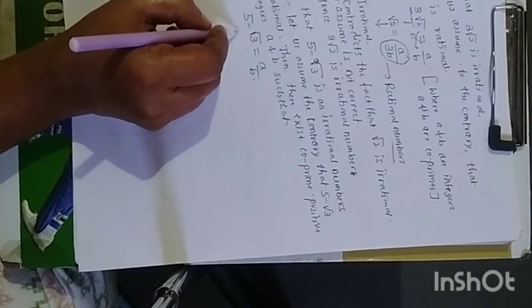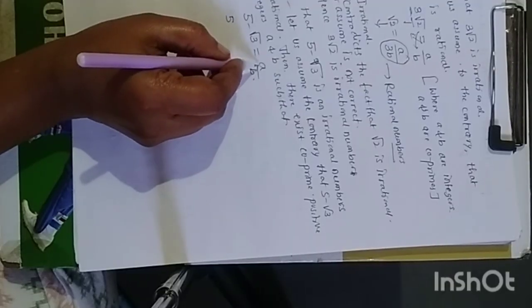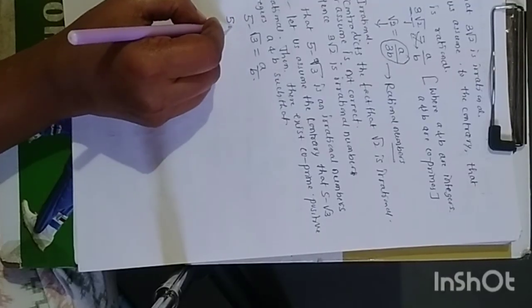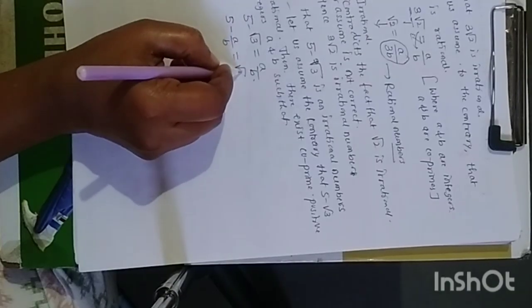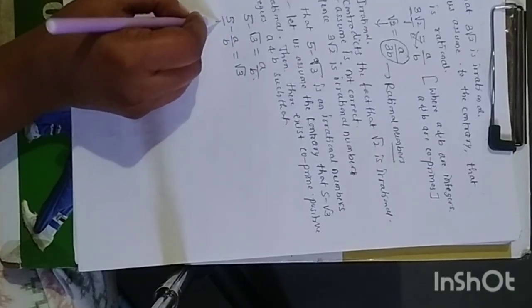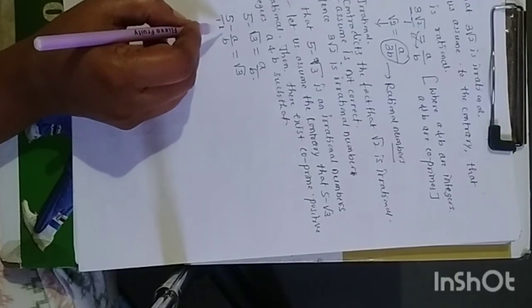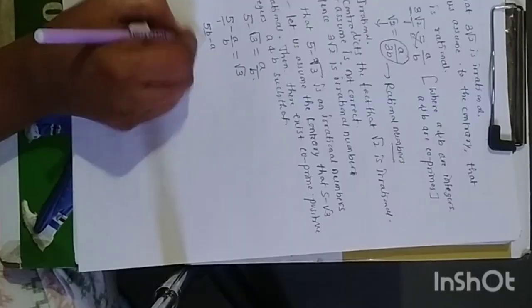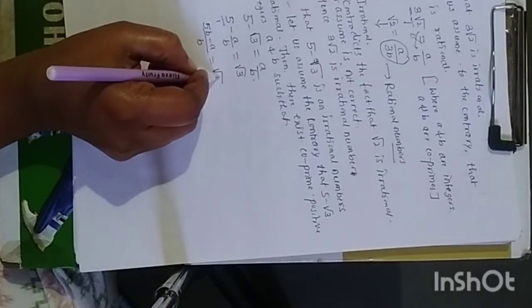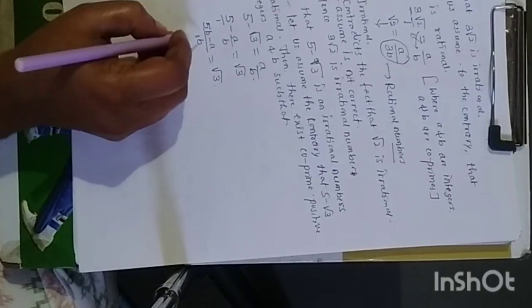Just rearrange the terms. This a by b shifts to the LHS, then 5 minus a by b equals root 3. Then take the LCM and simplify it, we get 5b minus a divided by b equals root 3. And